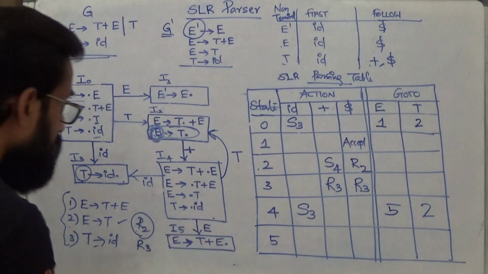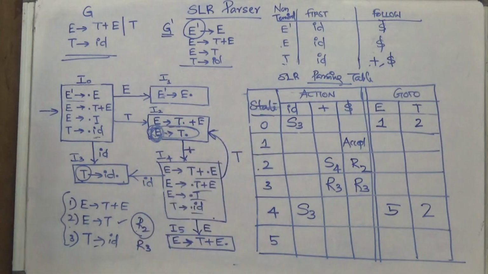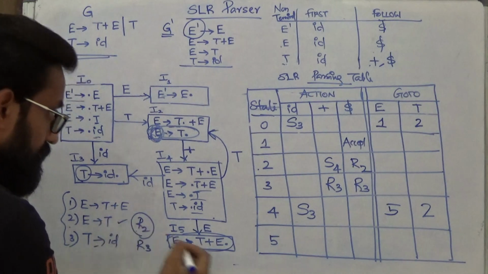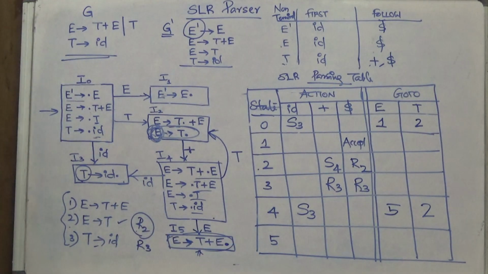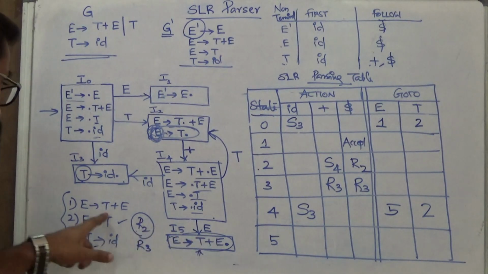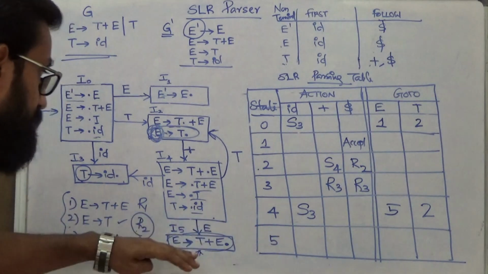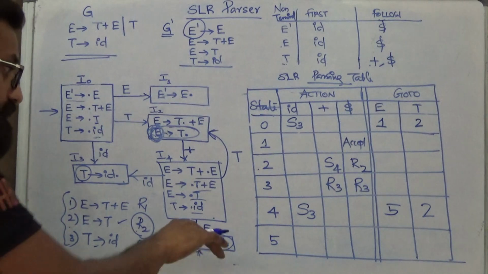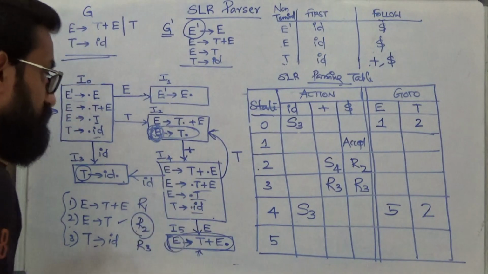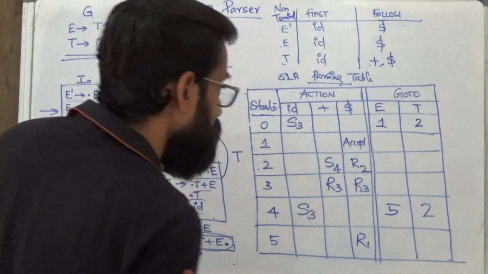Now we can process this one. You cannot identify any item that ends with dot, so leave it. If I consider this item set, you can identify this particular item that deals with dot operator. So E giving T plus E is the first production. So you are expected to create entry R1 in row 5 because we are processing state 5. In row 5, you need to create entry R1 in the column corresponding to everything that belongs to follow of E. Follow of E is actually dollar only. So here will be the only one entry.